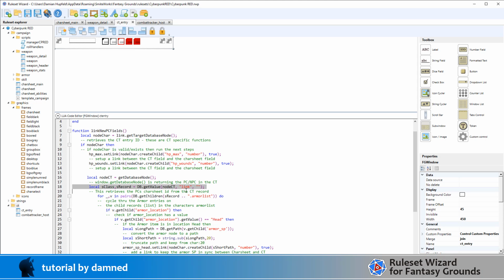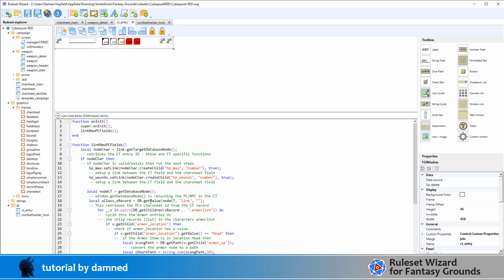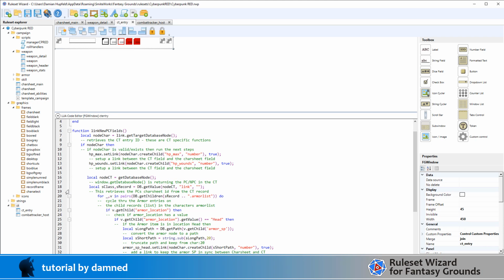Now, we did this first time in our last session over here when we were trying to retrieve the values of our armor. So we're trying to get the armor entry from the character sheet. So we have to do that again here when we're setting up the link handlers. The class and the record, it's exactly the same steps that we're doing here, but we're going to use them differently. Now, what we want to do next is